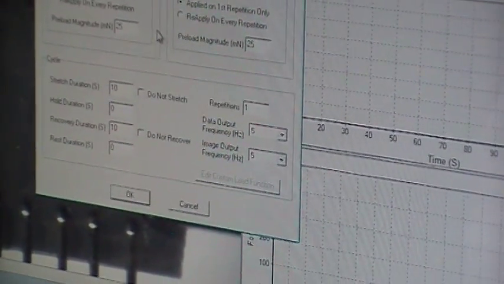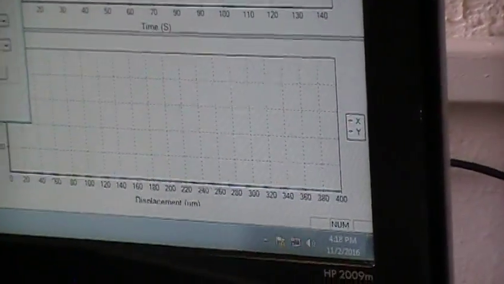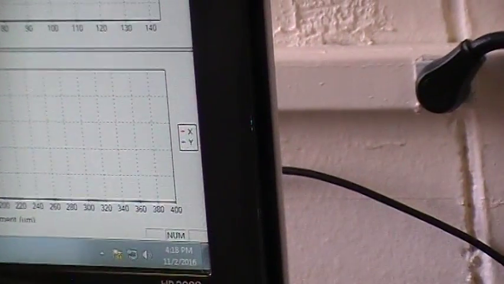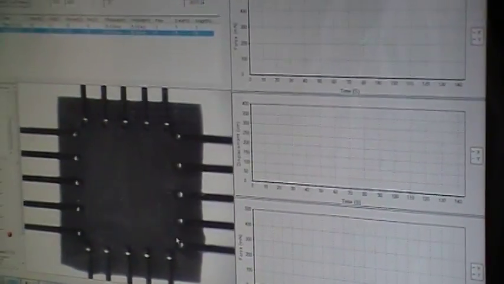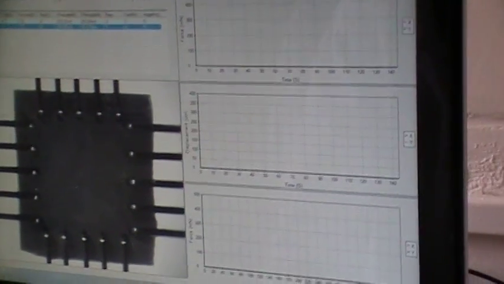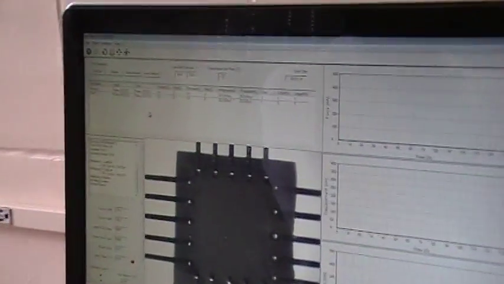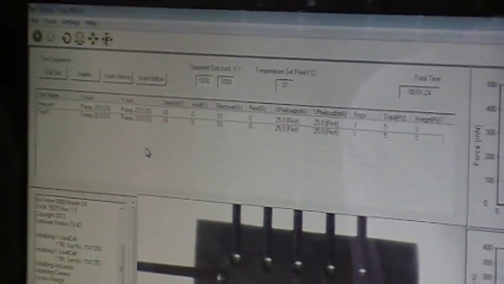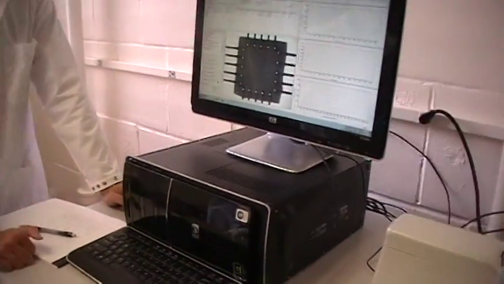Do you want to keep everything the same? Just have a couple of the preconditions, and how many repetitions for the real testing? Usually one would be good enough, or will you do more? Well, say for example, if we do 5, we would average over 5. That's really up to you and how you want to treat your data. It would be better to capture more and then pare down the data set later. Because if, for example, you did 3 reps in your test sequence, and you saw that all 3 repetitions were identical to each other, you could just take the data from the first one and throw out the last 2. But it really depends on how you want to treat your data. All right, so we've got pre